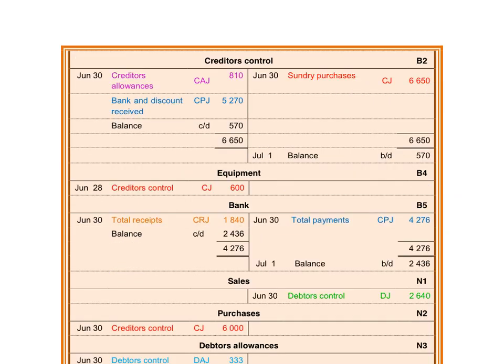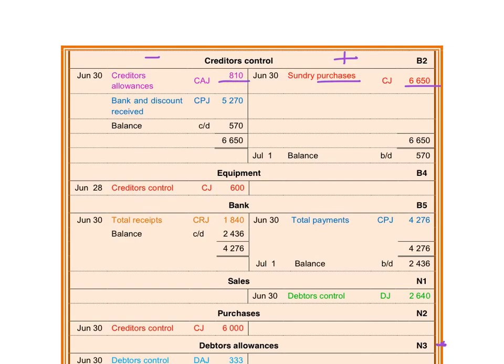Creditors control is a liability. Liabilities increase on the credit side and decrease on the debit side. Purchases will therefore be recorded on the credit side. We bought different things, so you will either write sundry accounts or sundry purchases. When we return goods to them, we want to reduce the debt of the creditor, so we will record it